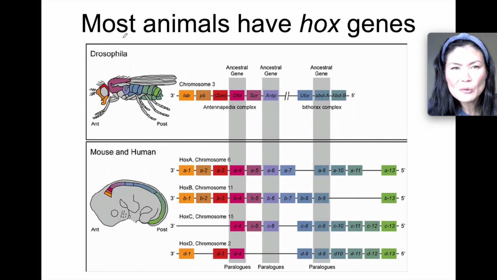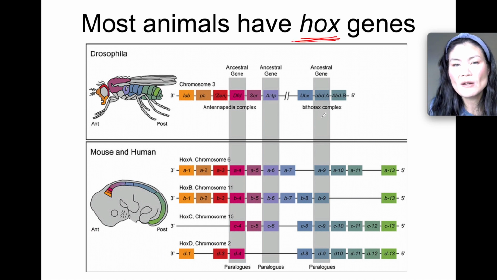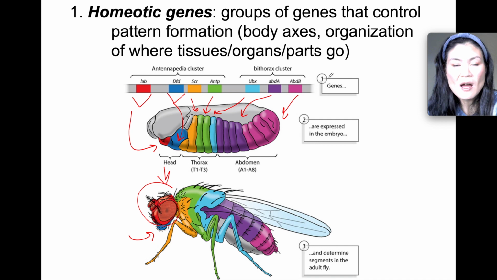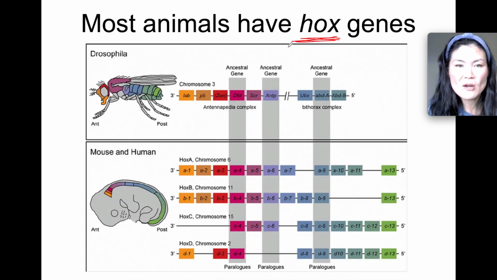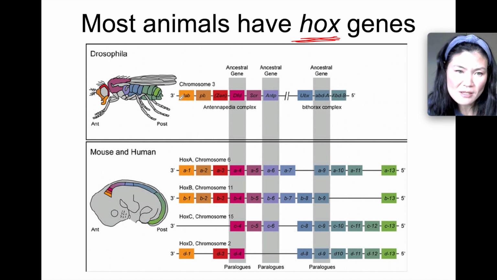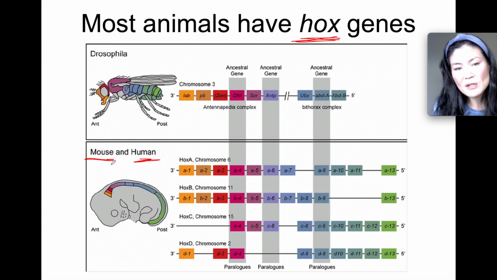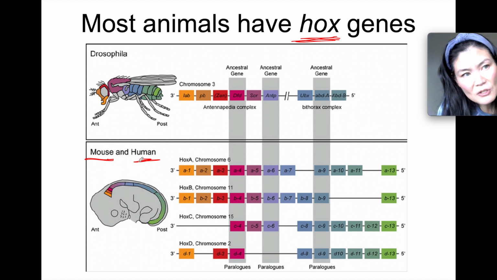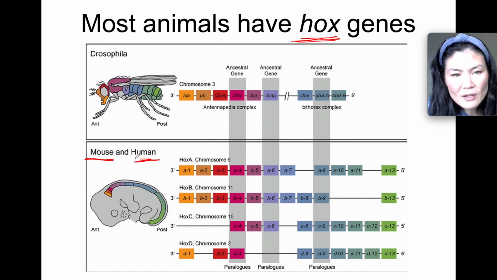I believe like all mammals, most animals have Hox genes. So Hox genes are a type of homeotic gene. I just talked about homeotic genes here, but Hox genes are an example of homeotic genes. So here were the fruit fly Hox genes. Mouse and humans, we share a lot of Hox genes with mice. That's why we can do experiments on mice, and we can use them as models for understanding how human embryos develop as well. So in humans and mice, we have a lot of similar Hox genes.